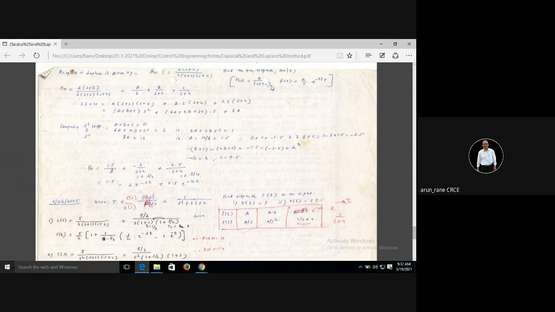Okay. So now this can be written as, now this is of the form H upon S. So H upon S, the Laplace inverse of H upon S is H. So that will be equal to 1.5. This is very simple, so that's why this is not given. The Laplace inverse of H upon S is 1.5. Yes, sir. Now this you have to write in the form of K upon 1 plus Ts.